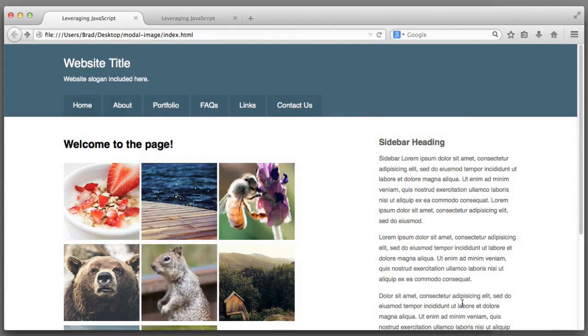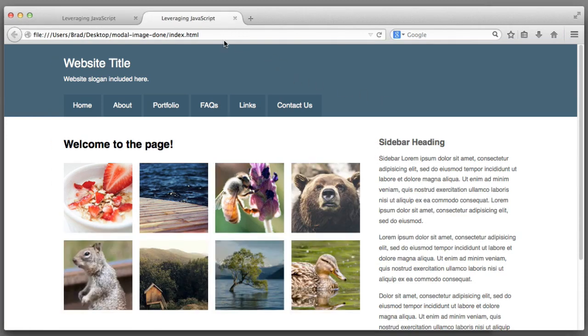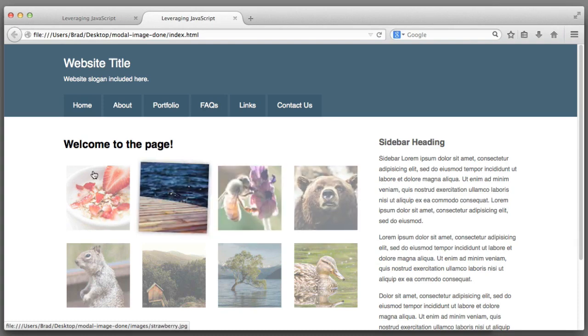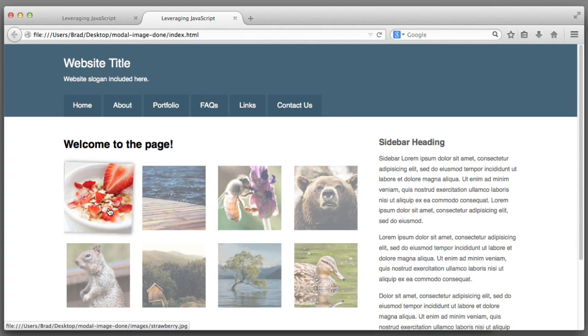Before we close out this lesson, let's write a bit of CSS to fine-tune the grid of thumbnails. So for example, let's hop back over to the finished product that we saw in the beginning of this lesson. You can see they're spaced out just right, and when we hover over one, the rest of the thumbnails are dimmed and shrunk a bit, and the one that we're hovering over is rotated and there's a shadow. Now some could say that this looks cheesy or gimmicky. I might even be one of the people that says that,